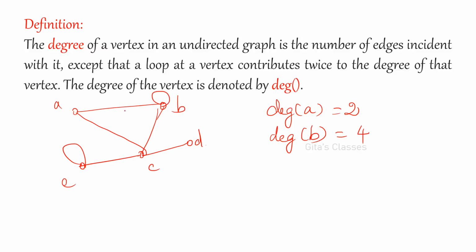So every edge will contribute 1 to degree of A. If you consider this is an edge, E1, it contributes 1 to A and 1 to B. Okay. Similarly, every edge will contribute 1 to each degree. What about degree of C? 1, 2, 3, 4. Degree of D, 1 only. It is unique. Only 1. This is called a pendant vertex. If the degree is 1, it is called a pendant vertex.